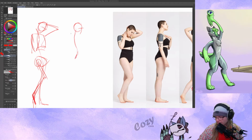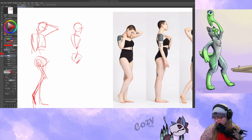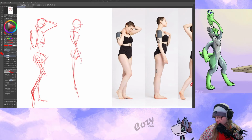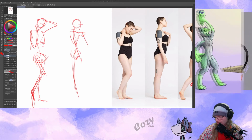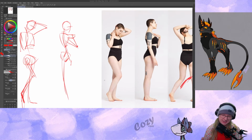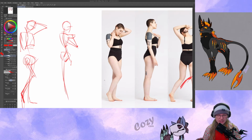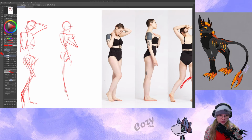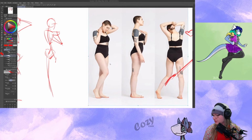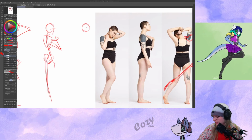Now, I said earlier that I spent, what was it, a year and a half, 4 days a week, doing 3 to 6 hours of art just to kind of do figure study stuff. I did not spend that time purely doing this. I guess purely doing this, yes. All that time wasn't spent to get exactly where I am. I got most of this done in 2 months at most, at absolute most. I was a bit slow. So these are things that are actually really easy to do yourself